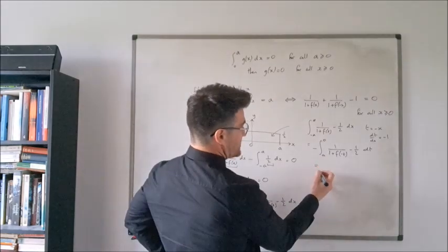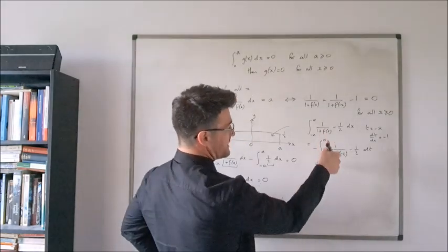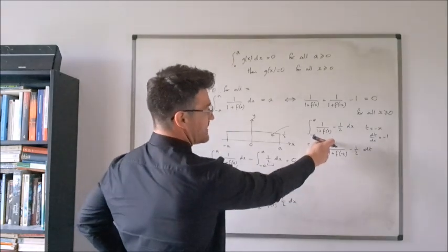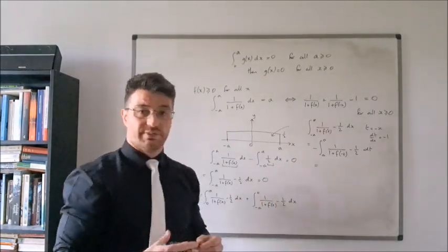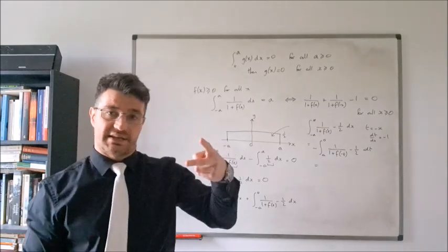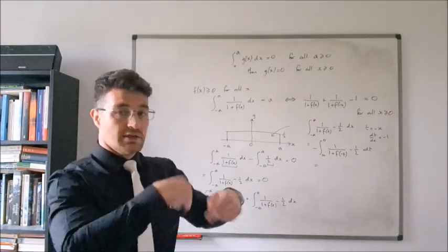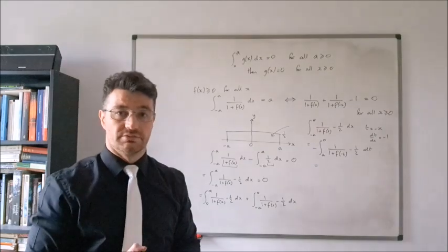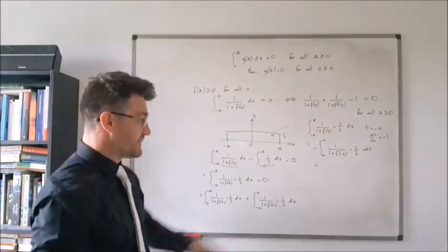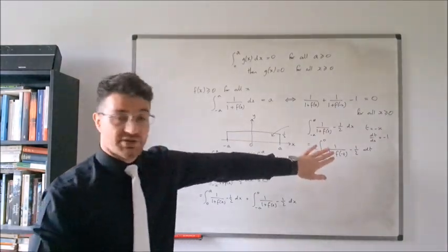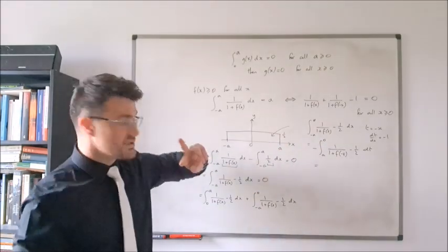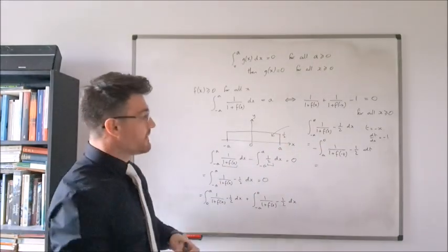So now what I can do is I can flip the limits. Notice that I've got a positive value here now, a and then 0. This seems a little bit strange because normally you'd expect them to be the other way around. You'd expect the lower limit to be a smaller value. That's not always the case, by the way. This is a perfectly acceptable expression. It just looks a little bit weird, but if I want to flip the limits, then I need to